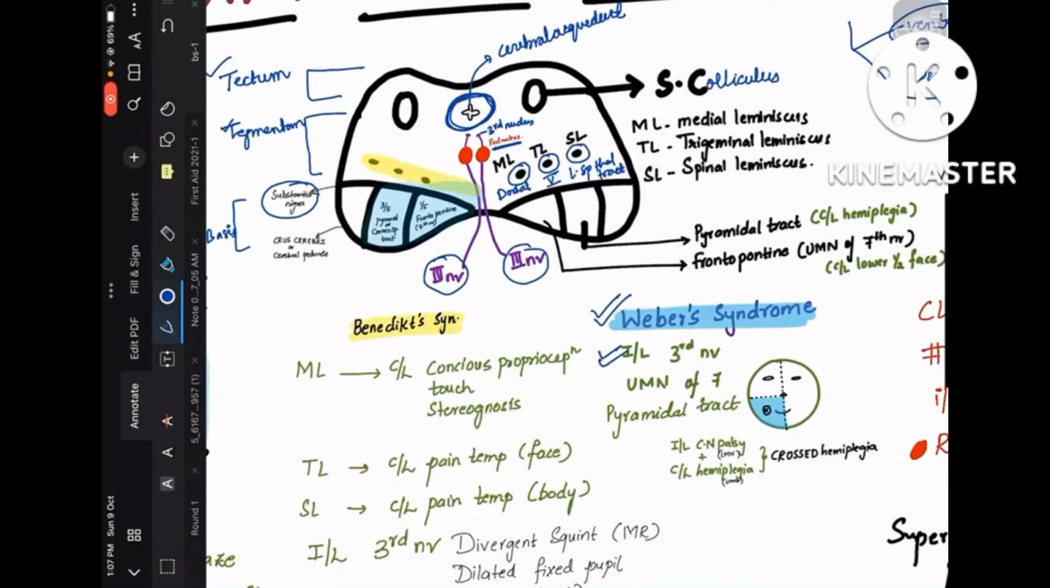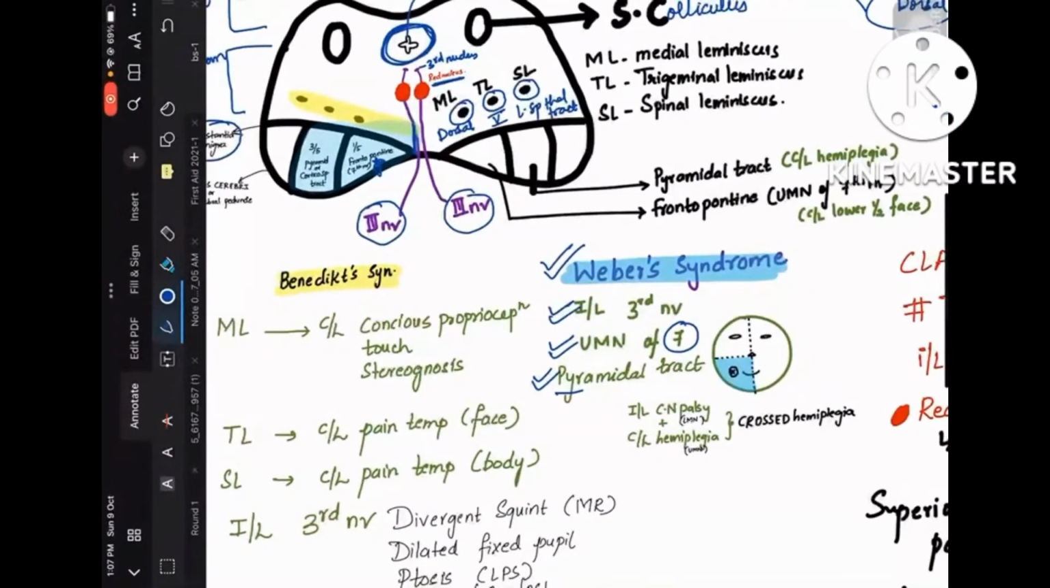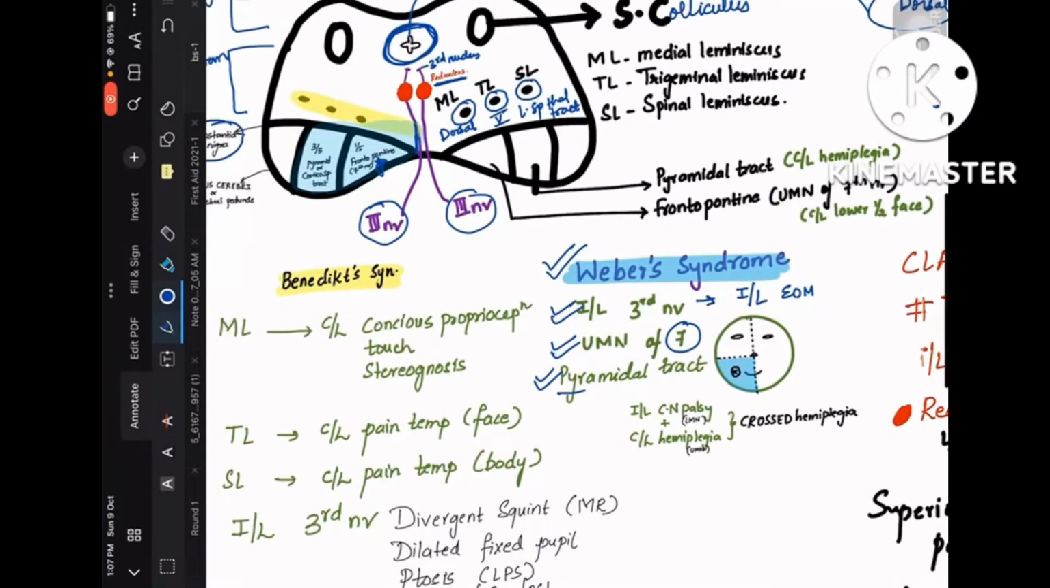Ipsilateral third nerve is involved, as you can see here it is touching, and upper motor neuron of 7th, because frontopontine fibers are involved, right? So upper motor neuron of 7th, and the pyramidal tract, which is the corticospinal tract, is involved. Since the nerve is involved, I have already told you that cranial nerves always result in ipsilateral lesions. So ipsilateral third nerve causes ipsilateral extraocular muscle movement loss, and 7th nerve, since it is the upper motor neuron loss, it leads to